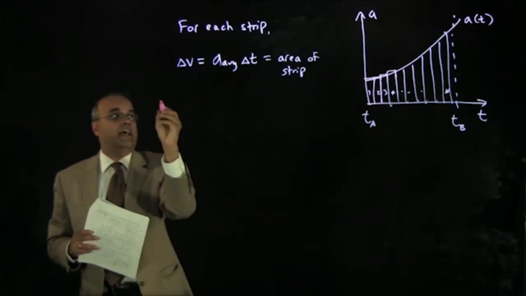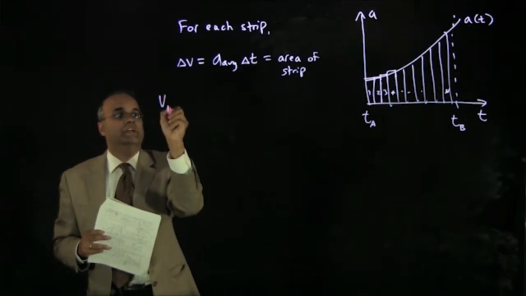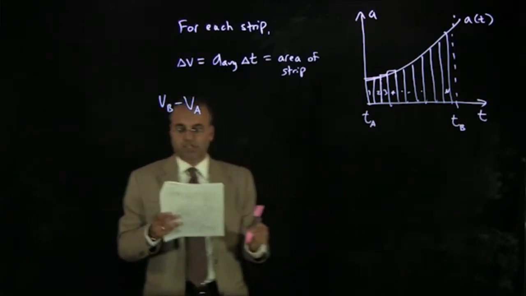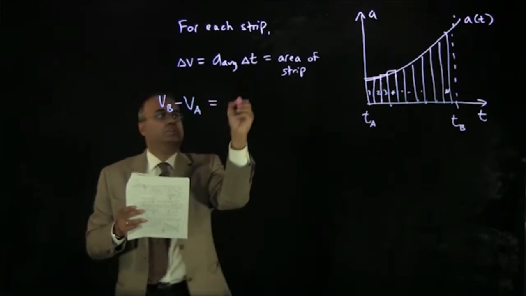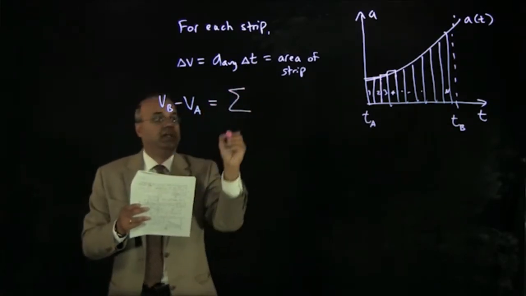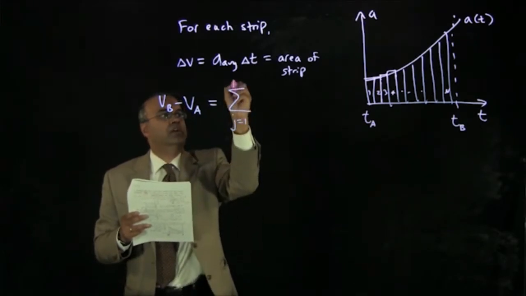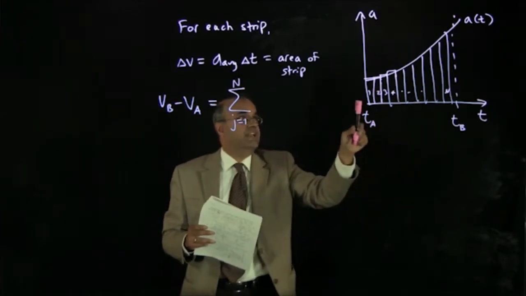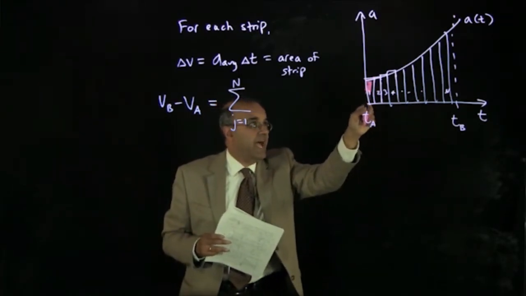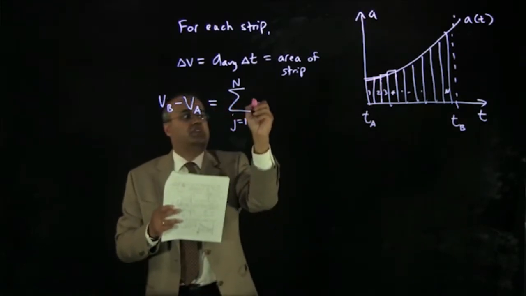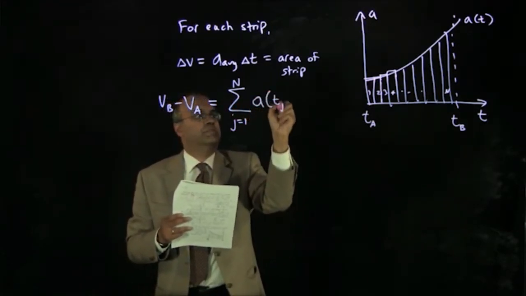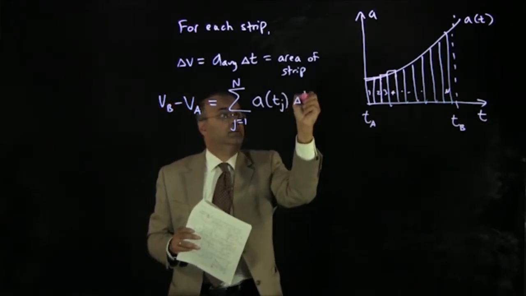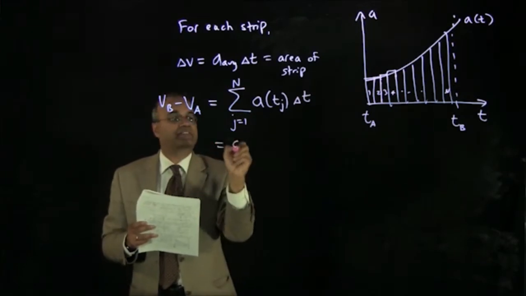Okay? So in that case, we write that the change in velocity, so I'll say v sub b minus v sub a, that's the change in velocity going from time a to time b, is equal to the sum, as j goes from 1 to n, of the area of each of these strips. And so we want the acceleration at the jth rectangle, so that's a of t sub j, times the width of the strip, which each strip has the same width. We'll just call that delta t. And that's the area